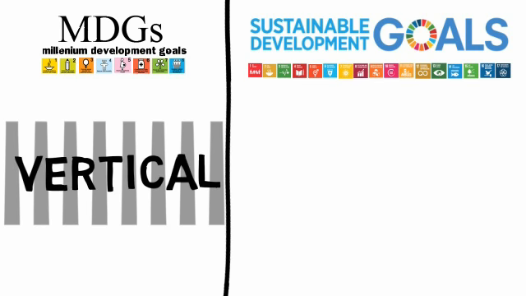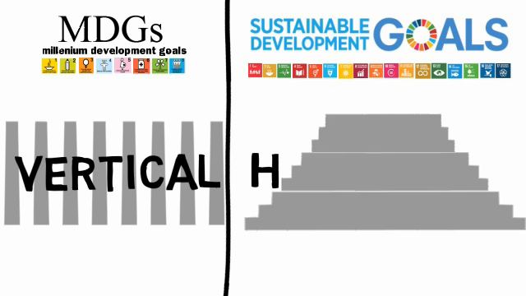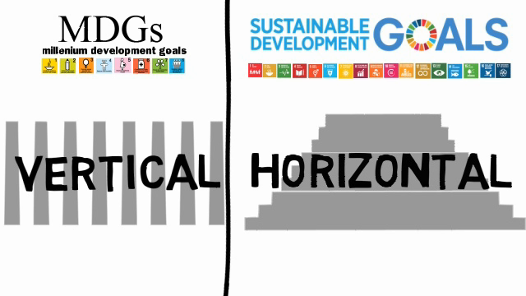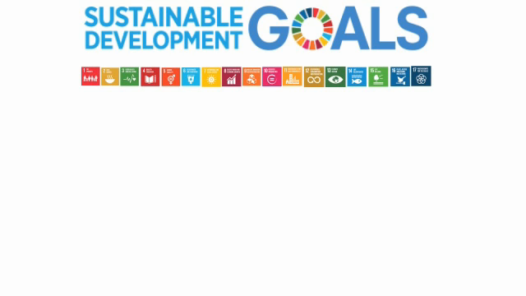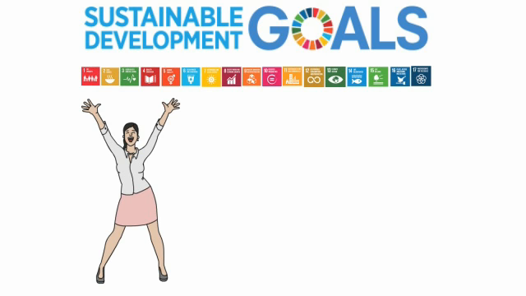Compared to the more vertical social and health goals of the MDGs, SDGs go beyond social and health goals to include goals for economy, justice, and environment, which reflects a changing trend in development from a vertical approach to a more horizontal approach. Now, there is a lot of optimism surrounding the new Sustainable Development Goals for 2030, but there